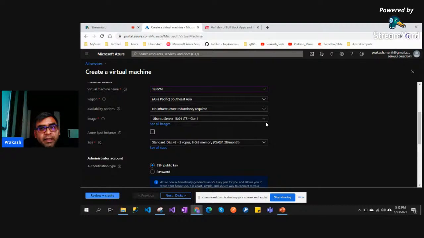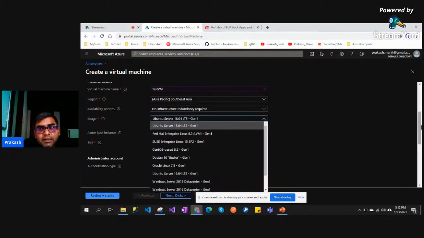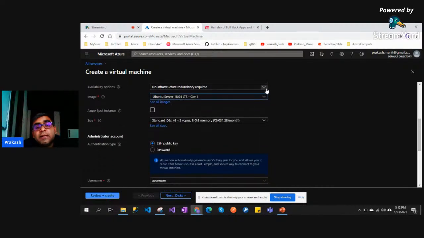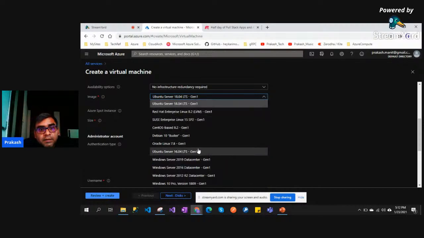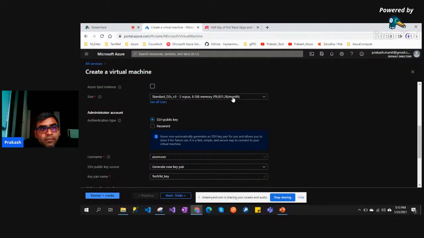Availability options, leave it. Here, guys, is a catch, right? Remember I was talking about different OSes you can use and test out. So here you go. As you can see, there are bunch of Windows flavors: Windows 10, Windows Server. Ubuntu is part of the Linux family. We also have Oracle Linux. We have a bunch of stuff, right? So these are some of the VM images that you can use. We'll try to get into the easier one for now. So let's see what is